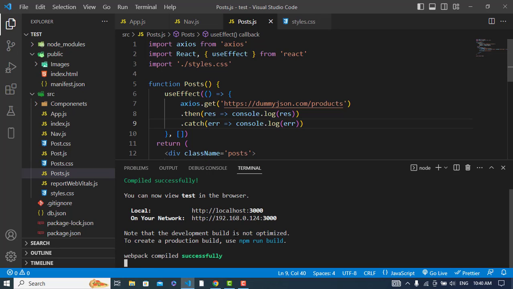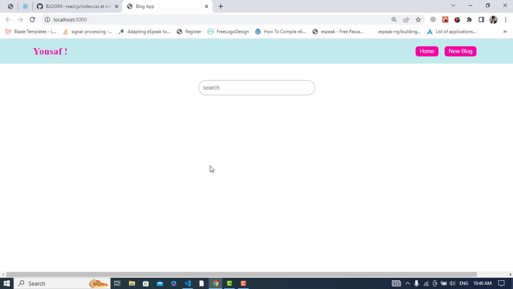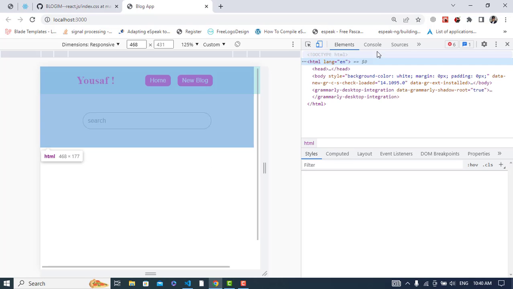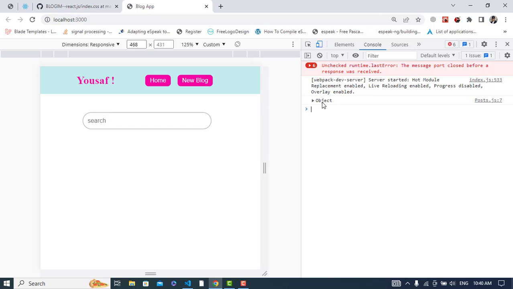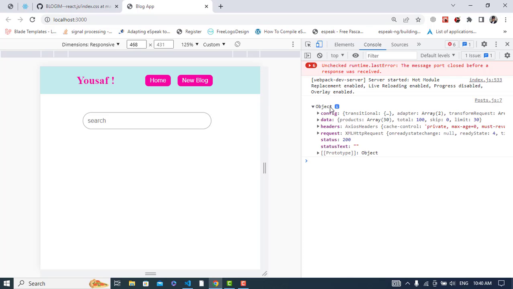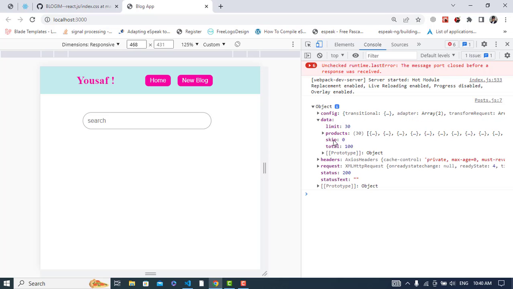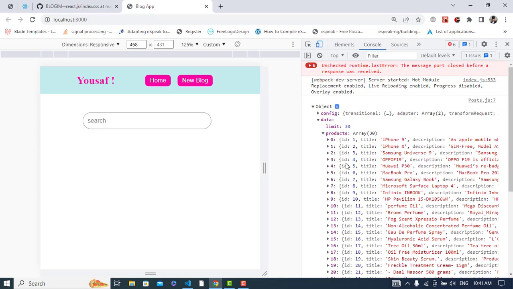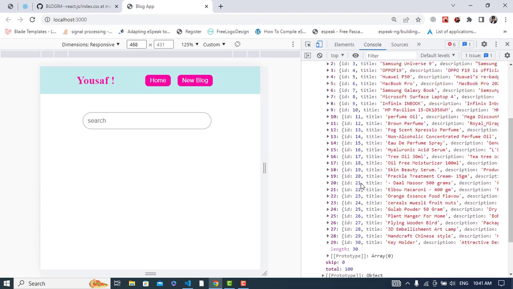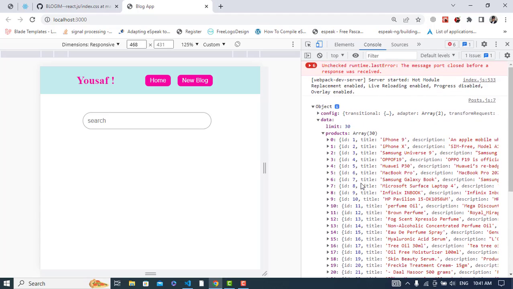So let's check it now. We have fetched the data in the console. First we will check the console. See, we have an object, and this is the data, and in the data we have products. See, we have a list of products. These are the products. So we should take what we need from this: the name, title, the description,